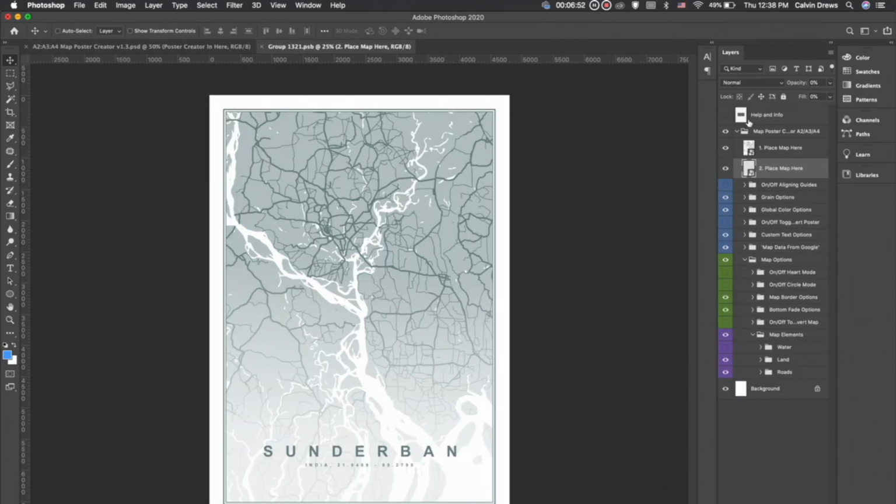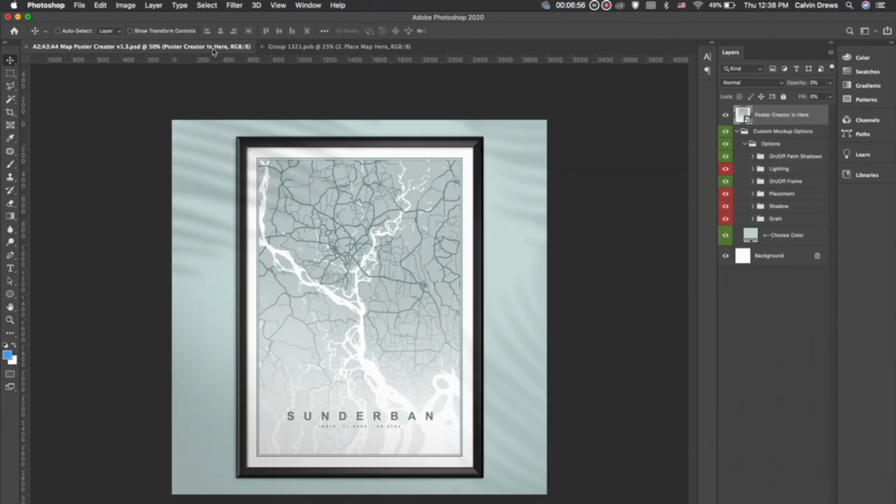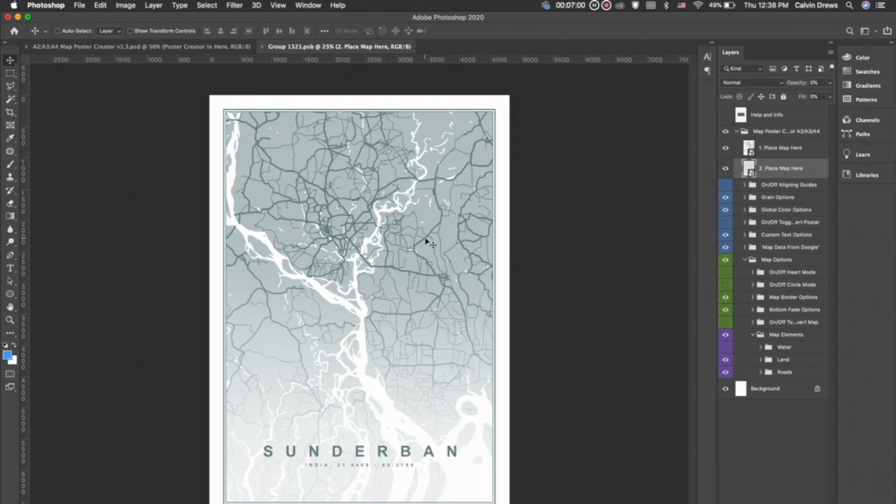So now we've entered the main Map Poster Creator template. The mockup still exists, it's over here. It's just linked up to this second tab here, and this is where we can customize everything. So here's where we're going to place in the maps, but first we need to grab that map and download